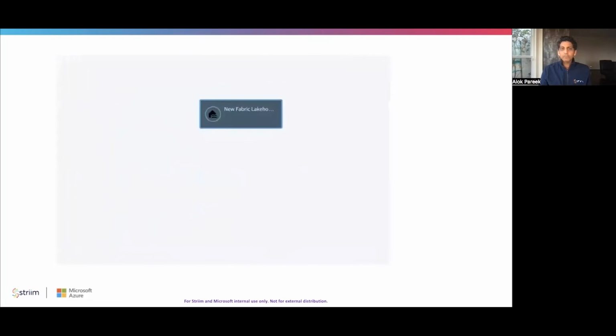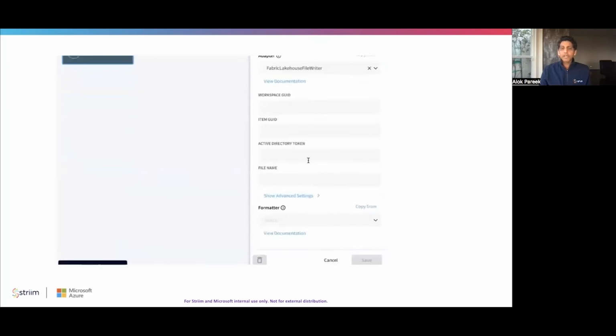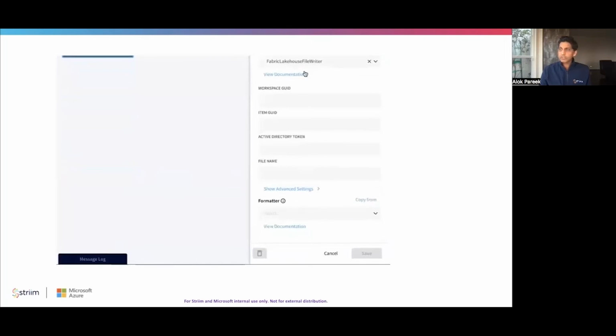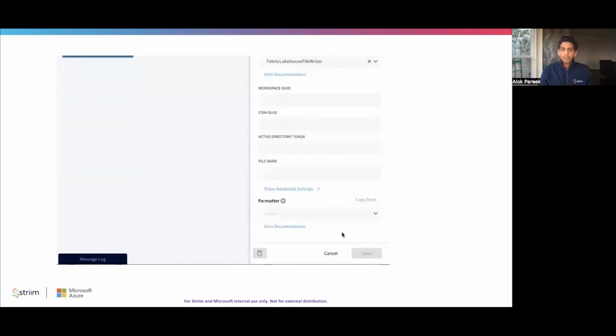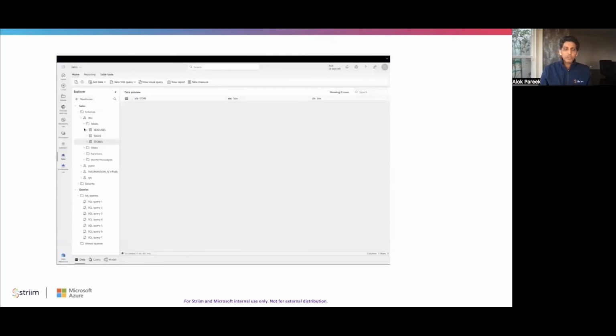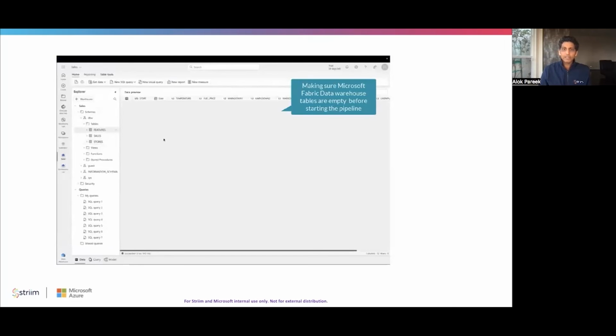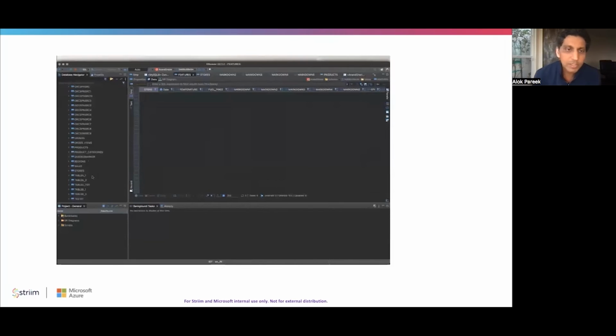Similarly, there's also Fabric Lakehouse, which is more of the storage interface. You can literally create the files in multiple formats, including JSON, Parquet, DSV, Avro, XML, etc. Those are the two ways in which you can seamlessly integrate into Fabric. Now let's take a look at our Fabric tables, and you can see that there's no data currently in these tables. They're just empty. There are three tables here: the feature table, sales table,